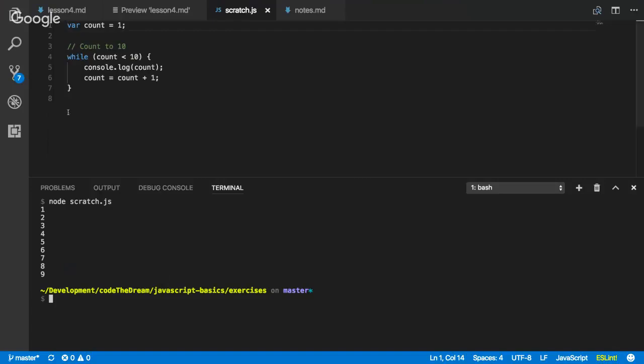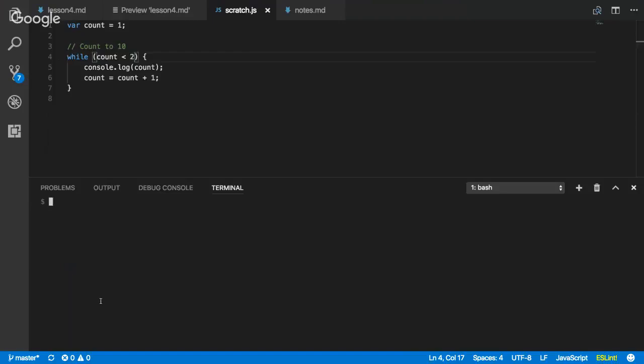Because if we walk through this, let's make this much smaller so that we can step through all of the times we go through it real fast. Let's say while our count is less than 2, spit out 1. It runs the code, it goes console.log 1, and then count equals 1 plus 1, which is 2. Now it goes back up to the top of this while loop, looks at it and says 2 is less than 2. That's false, so we're done. We kick out. So if we make this 3 instead and run it,